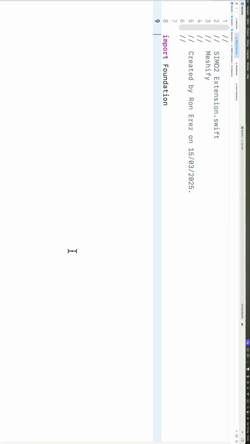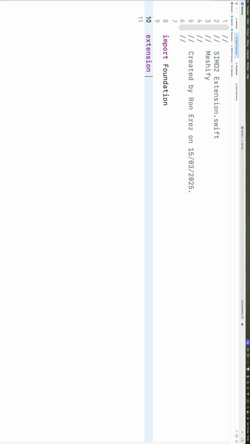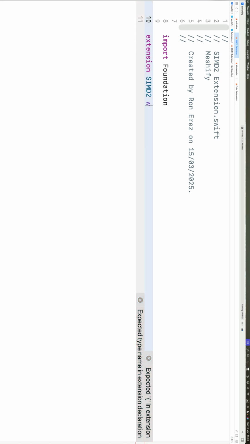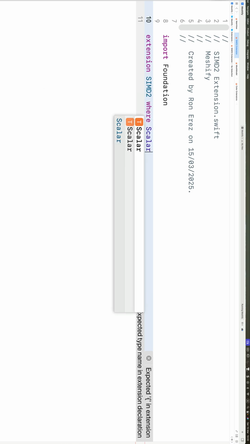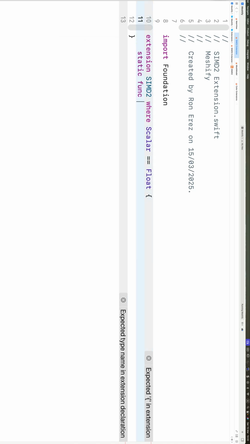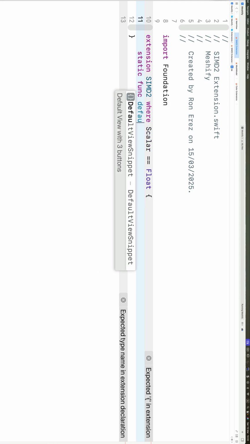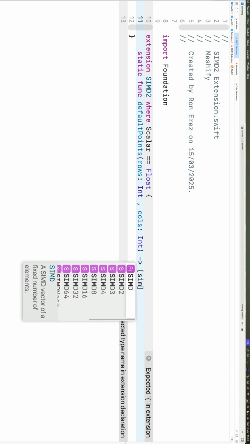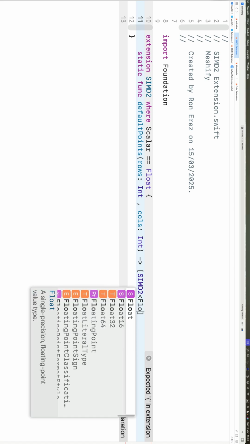So let's create an extension of SIMD2 where we want to have a restriction where the scalars are floats. And now let's create a static function called default points. So this just will set up a nice grid, so rows and columns of type Int should return an array of type SIMD2 float,